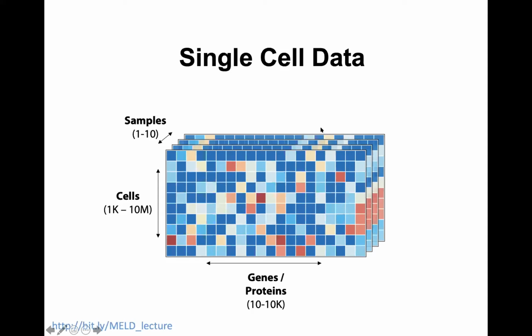So we talked at the very beginning about how in single cell data sets, we have measurements across tens of thousands to millions of cells, tens of thousands of genes, and now we're starting to get multiple samples. And we just talked about how you might think about integrating those samples. So what if you have the data, it's integrated fine, and now what you want to do is ask the question that you've probably been really trying to get to this whole time, which is, what is the difference between